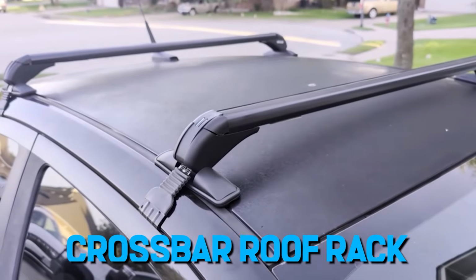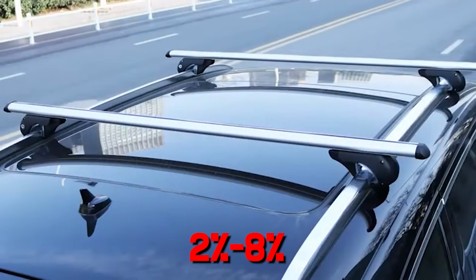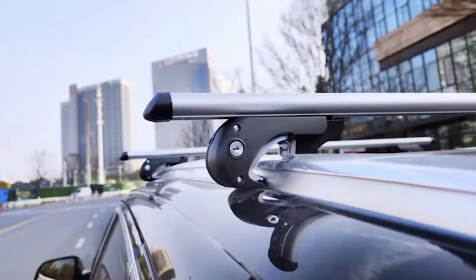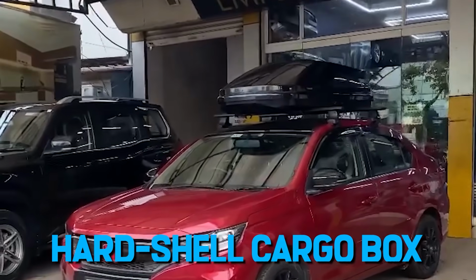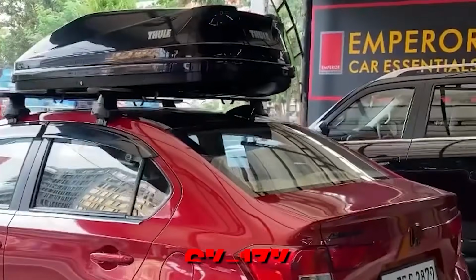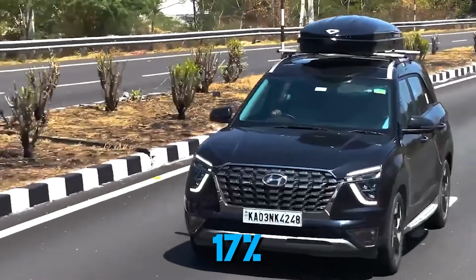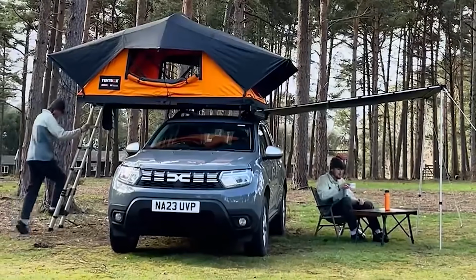A bare crossbar roof rack with no load reduces fuel economy by 2 to 8% on most vehicles, depending on speed and rack design. An empty cargo box is significantly worse. A large hardshell cargo box mounted on a roof rack increases aerodynamic drag enough to reduce highway fuel economy by 6 to 17% according to Department of Energy testing. 17% for a box that is holding nothing but air and possibly one forgotten bungee cord from a camping trip